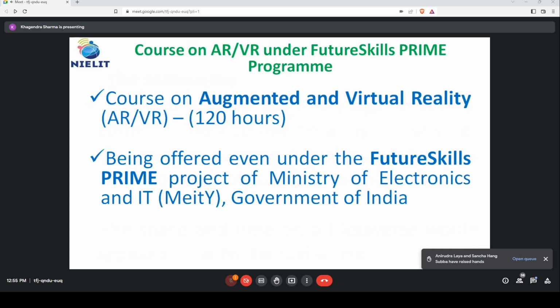So since this is the scenario and the transformation that is going to take place, as part of this Future Skills Prime program, various skilling opportunities are being made available to the youths of the country, both employed as well as unemployed, or the students for that matter. Okay. So to start with, if you want to get into the area of AR and VR, the preliminary course available on the Future Skills Prime platform is the course in augmented reality and virtual reality, which is a 120 hours course. Okay, it is being offered under the Future Skills Prime project of the Ministry of Electronics and IT,